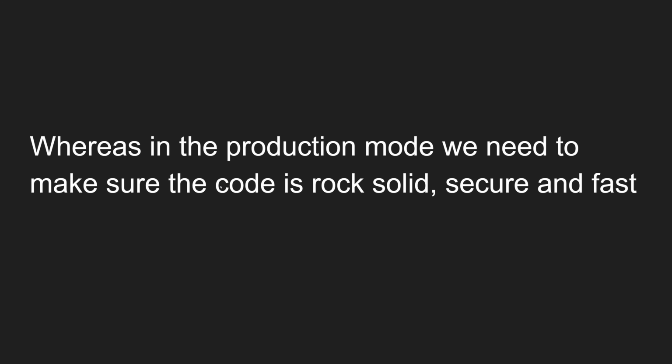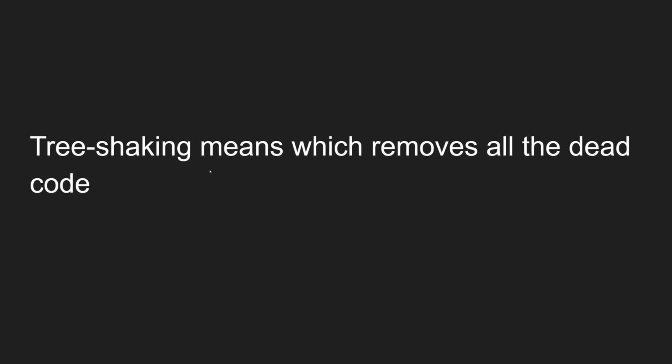What is that extra stuff? One thing is uglification or minification. Both are one and the same, that means minifying the code. You already know what minifying the code is. The other one is tree shaking. So what is tree shaking? Tree shaking removes all the dead code. For example, you will be writing so much code, and some of the code or some of the methods you have written in the application may not be useful, that means you may not be using those method names in your application. Tree shaking will make all that dead code be removed.